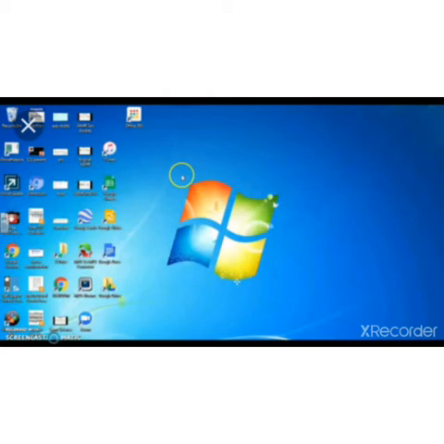Icons are small images which are shortcuts to run applications and open files and folders. Each icon represents a specific function. Observe this picture, children. Some common icons on the desktop are here: My Computer, My Documents, Recycle Bin, Internet Explorer.